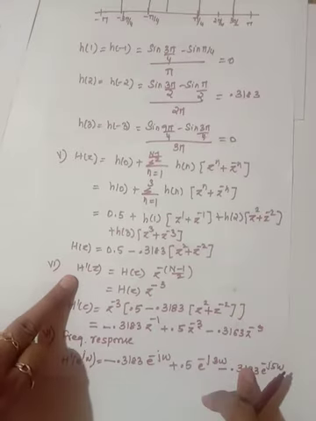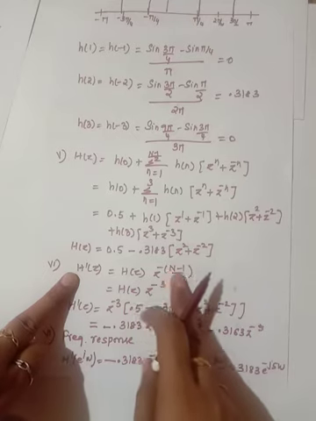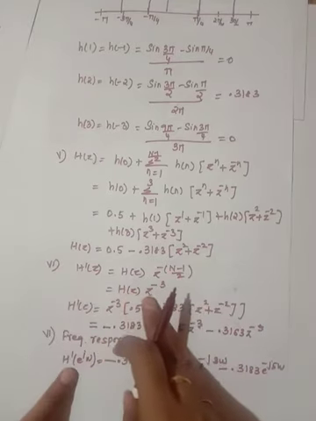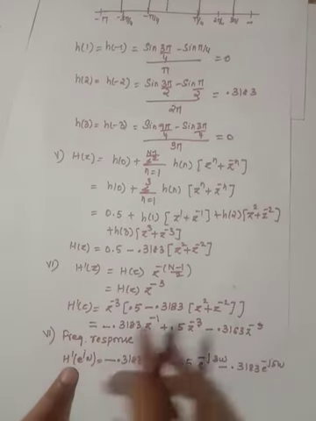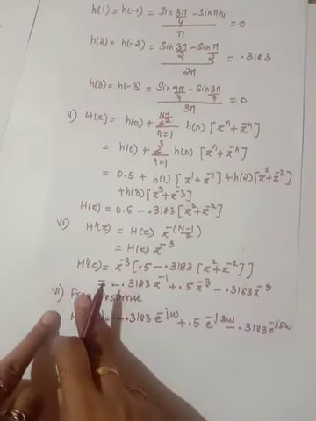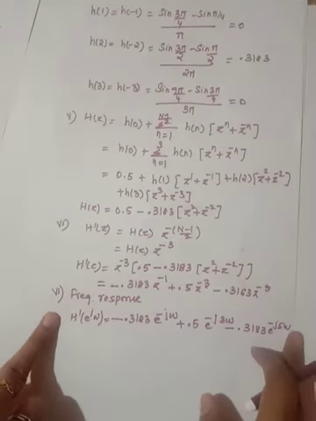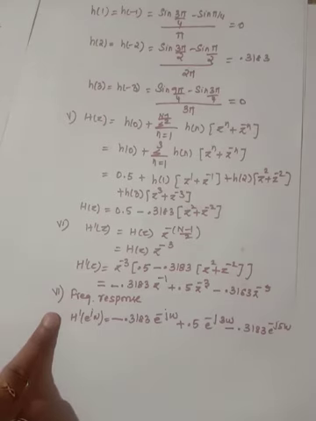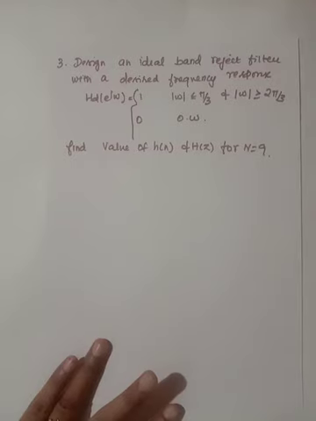Next one is H dash of z. H dash of z is equal to H of z into z power minus (n minus 1) by 2, so H of z into z power minus 3. So H dash of z is this one. The next step is to obtain the frequency response by substituting z is equal to e power j omega. It is the same procedure; only the desired frequency response, that is, the given problem, will change. Then using the same procedure we need to find the transfer function of an FIR filter.